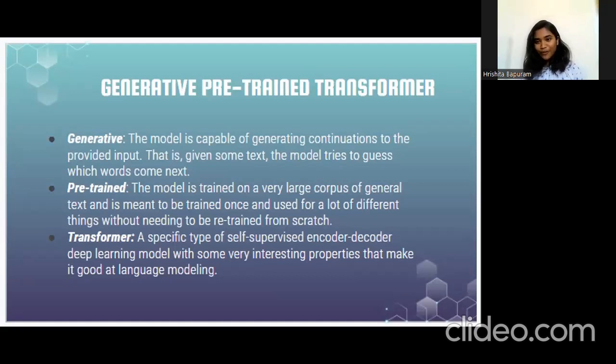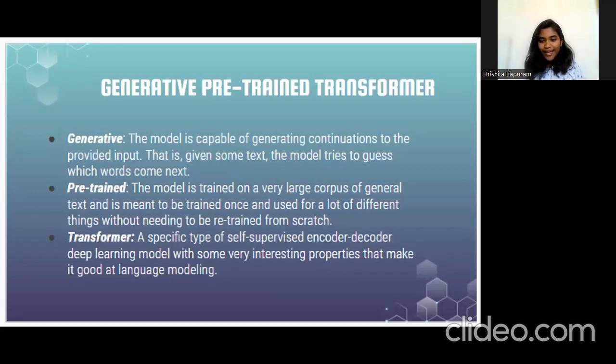And the last part is a transformer. Again, this is not something that we'll get into, but it is a specific type of the encoder-decoder model that we just discussed, in a bit of an advanced way, and it optimizes on certain things. So it tries to ideally do that good job. We discussed that if it does the best job, then it would map my words accurately, right? To give me the best likely words. So the transformer is like a method to do that, and so far it's worked out very well for most models. And that's where the generative pre-trained transformer, GPT, and ChatGPT, because it's able to talk to you, comes to